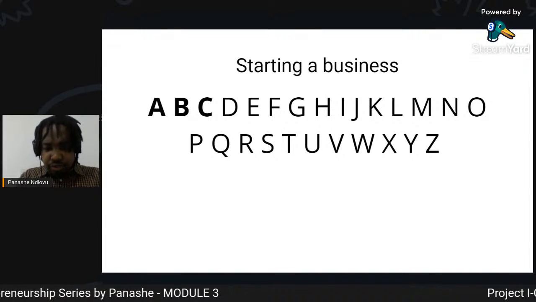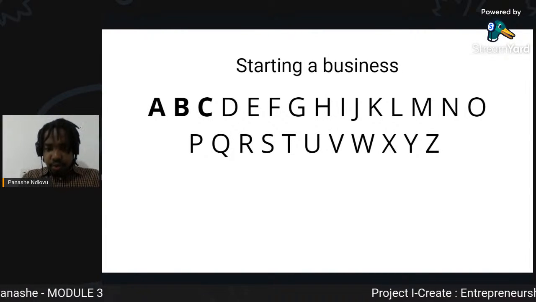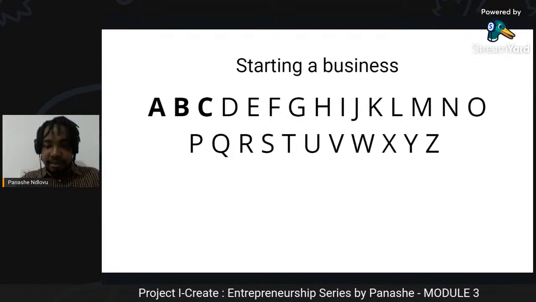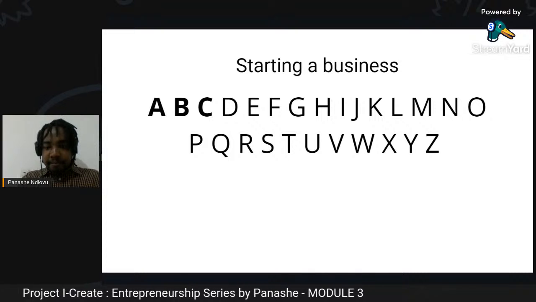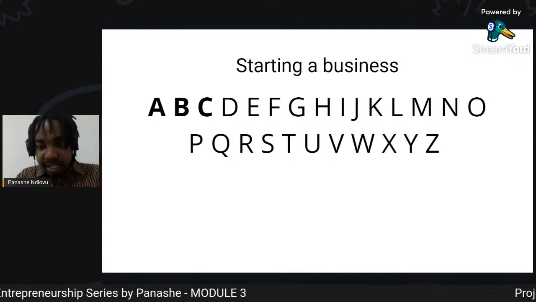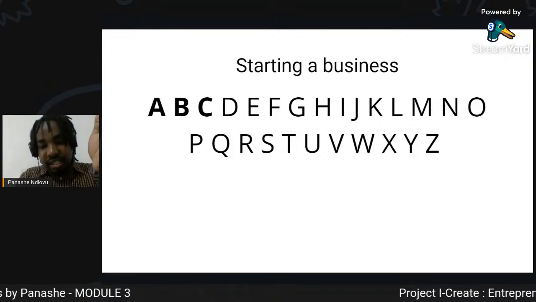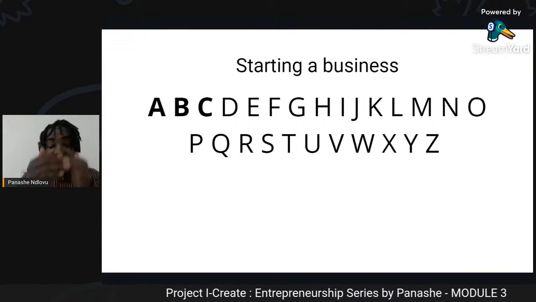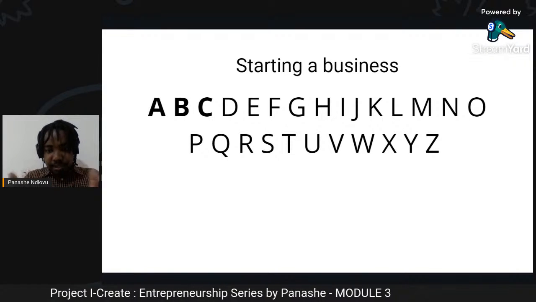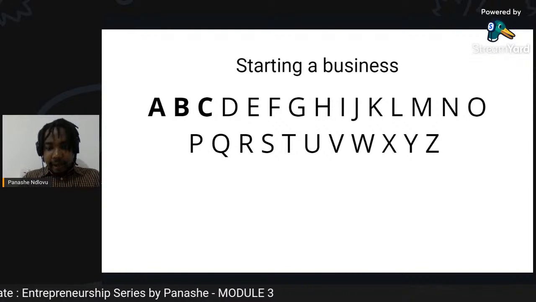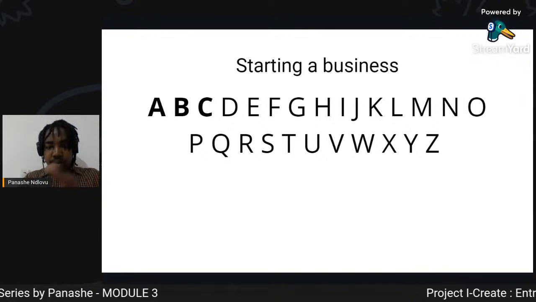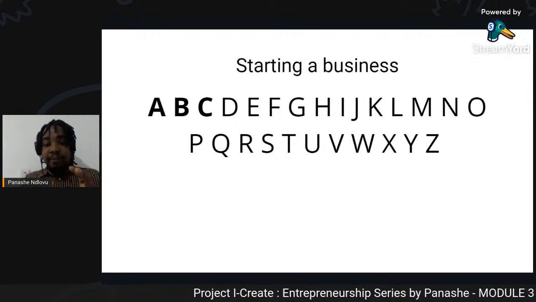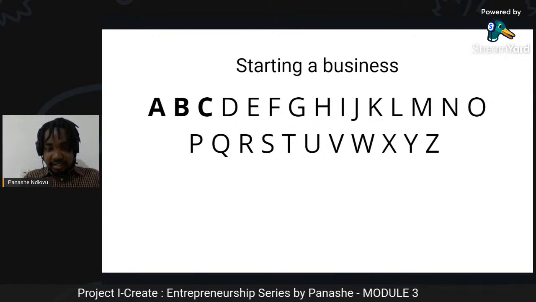Here's something I would also like to draw your attention to. We're not going to label what the A is or what the B is or what the C is of starting a business. But what we are going to focus on, and what I'd like for you to think about throughout this session, is: what are the behaviors and actions I need to start this business? What are the ways of thinking that I need to bring to launch this idea, to launch this business?